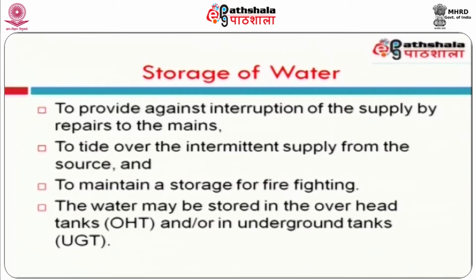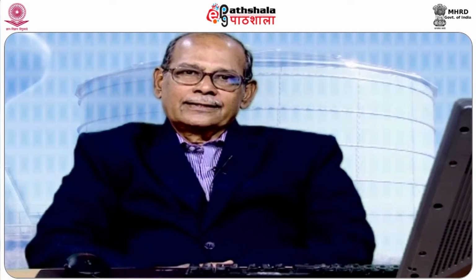In the earlier presentation I told there are two types of water supply distribution, the continuous distribution and the intermittent distribution. In case of intermittent distribution, the water storage is necessary. So, we have to consider how much water is to be stored. The water can be stored in the underground storage tank or in the elevated tank. So, storage tank can be constructed below ground. It's also constructed on the top of the building as an elevated tank.